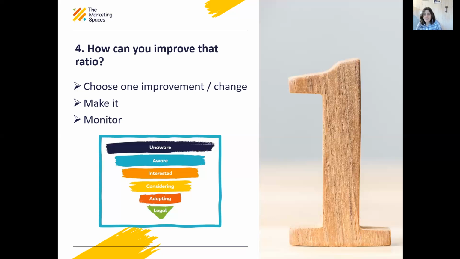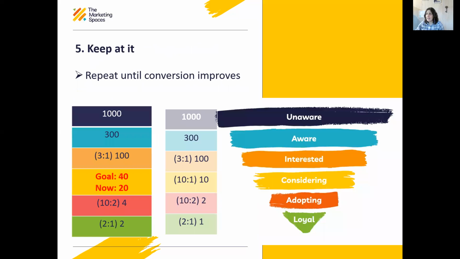And once they found that out, they could make sure that a lot of their marketing was around, are you comparing apples with apples? Are you comparing plums with plums? And that made a change to their conversion rate. If they hadn't done that, they would have spent thousands of pounds on awareness, saying let's double awareness, let's make more and more people aware of us. But if they're still falling away in the middle of the buyer's journey, you're literally throwing your money away. So choose one improvement, make that change, monitor it. Has it made a difference? How long has it taken to make a difference? And then you just keep going